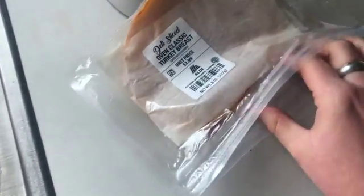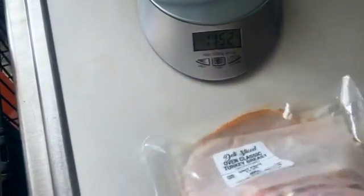So I got this really nice turkey from Aldi. It's more of thick slices. I need to figure out how to do the camera nicely here without...